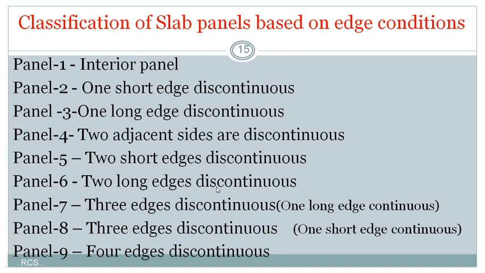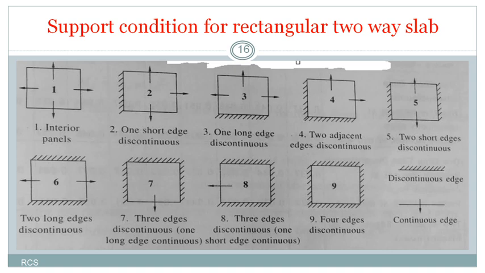I think we might have confused with this. So I will explain all these things with respect to these figures here. Say if I say the panel is interior panel, then that is related to the first case in our codal provision. Here all four sides of this panel are continuous. This arrow shows you continuous edge and this hatched portion shows you a discontinuous edge. See, with respect to this, what is the first panel? It is an interior panel. That means all the four edges are continuous, right?